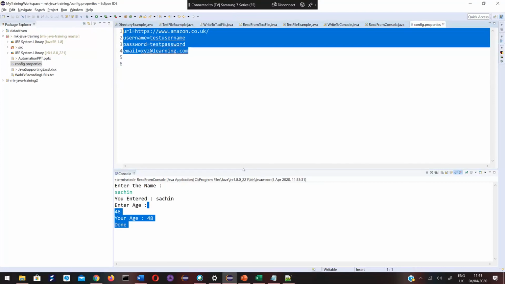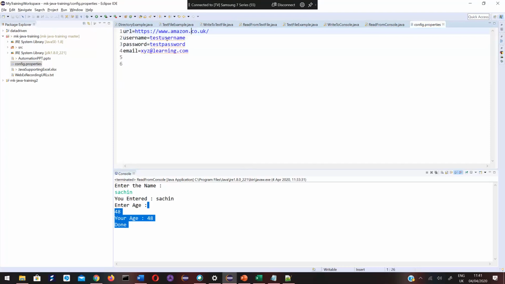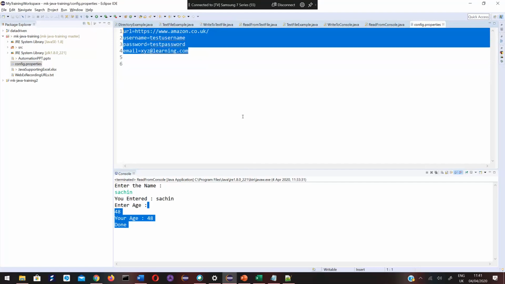First thing is opening this URL in a web browser, then logging in with these credentials, username and password. Then after logging in, I'll do whatever testing I need to do. So these values are the same throughout all my tests.